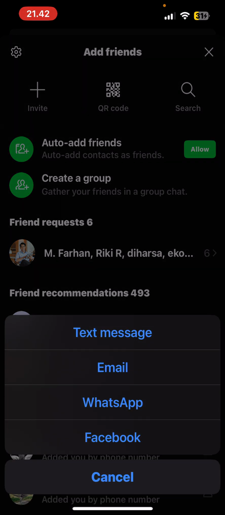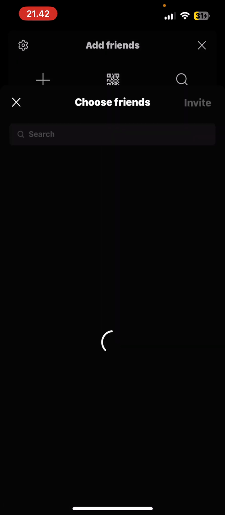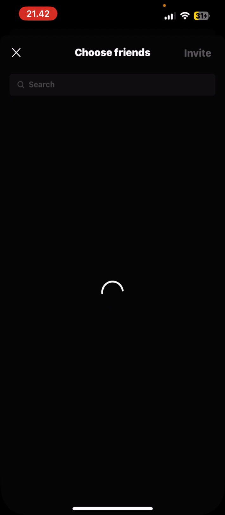There's text message, email, WhatsApp, and Facebook. Select text message and select the contacts that you have. I guess I just have so many that it won't even load, because it's been like this for many minutes, many hours. But let's see if any of it shows up. If it doesn't, just select the contact and then press send, and then it's going to open up the share